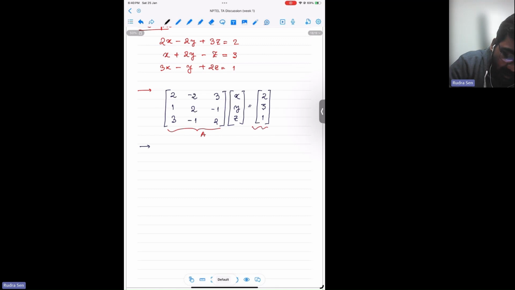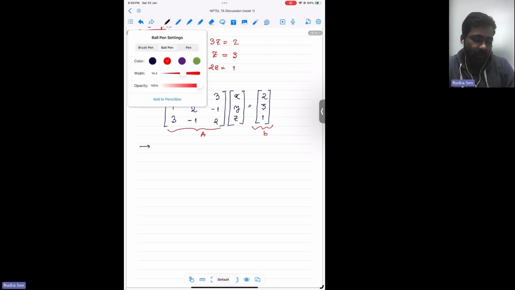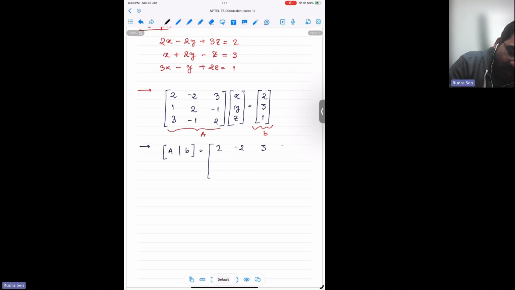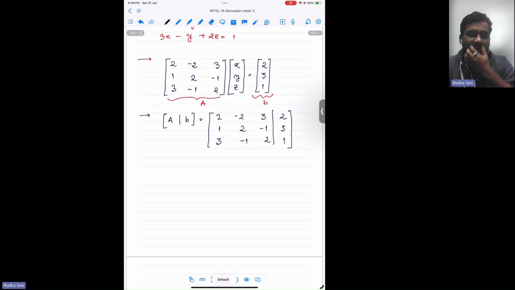This is A, this is B. Now we have to augment A with B. That means 2, minus 2, 3, 2; 1, 2, minus 1, 3; 3, minus 1, 2, 1. Okay, so after augmenting, now